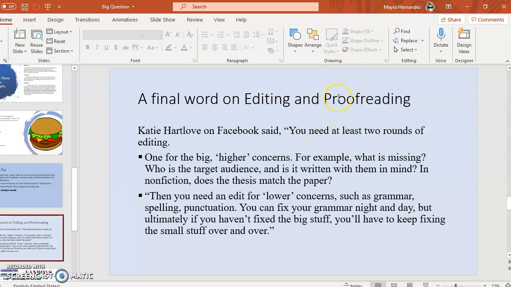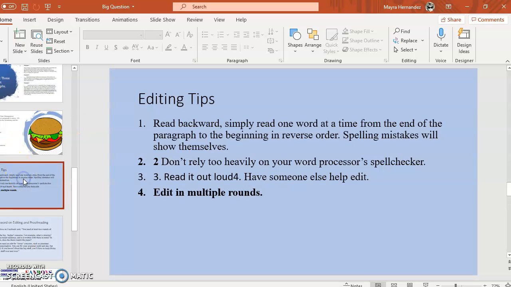So here then, after that process is over, I give my students a final word on editing and proofreading. They are beginners. I'm not going to get into the differences between editing and proofreading, but I'm going to tell them, and before this I would like to say this, so that before I get to a final word,